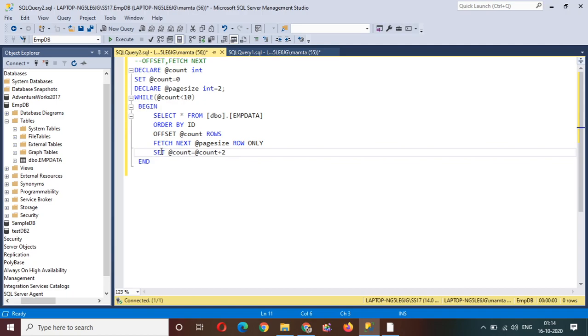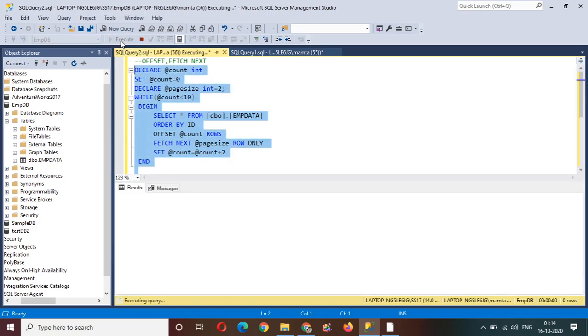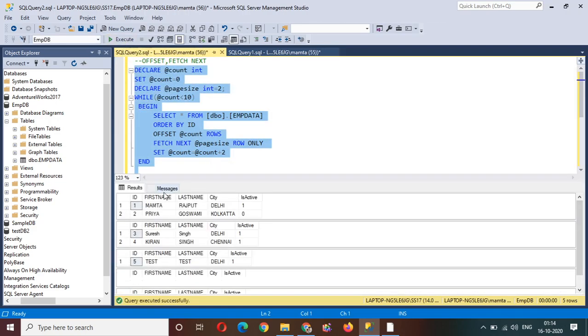pick the record number second. For the second result set, it will pick the second row as the first record, so this will give you an incorrect result set. So if you see here, ID first and second, the first two rows come in one result set. This is my page 1, which contains the two records. The second page contains 3 and 4, and the third page contains 5. Only 5, because we have a total of 5 records.